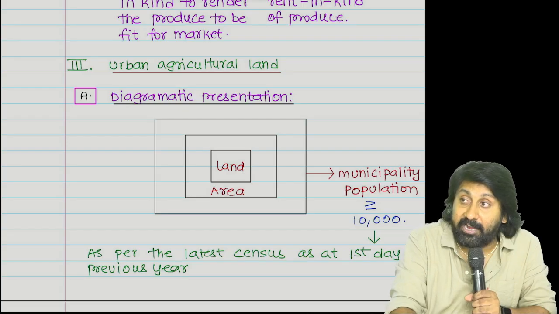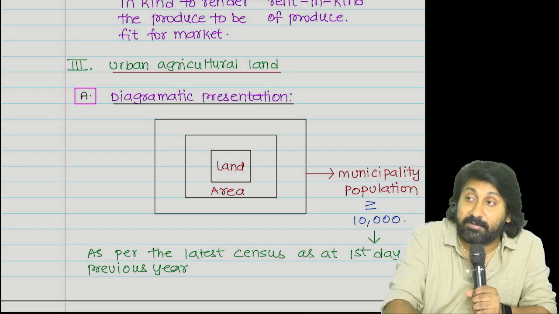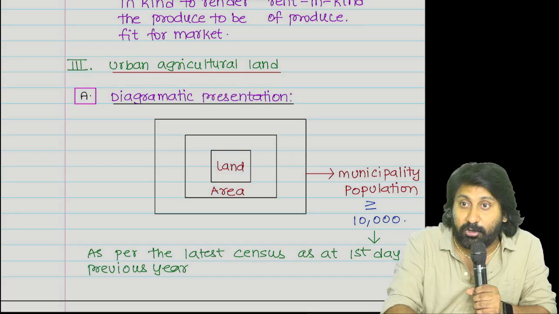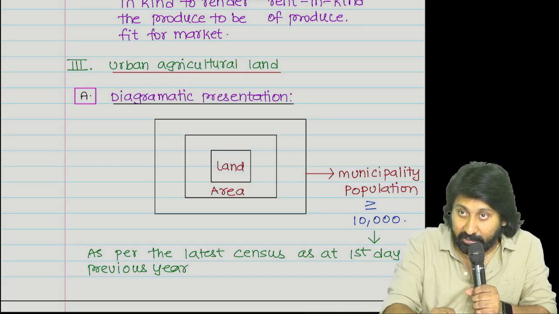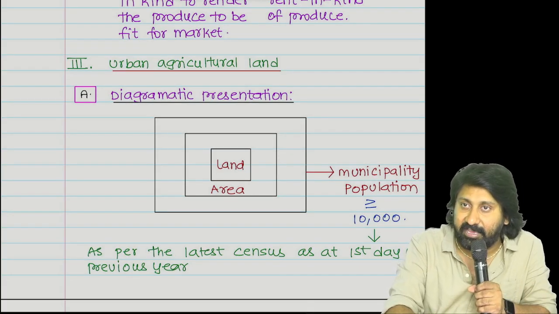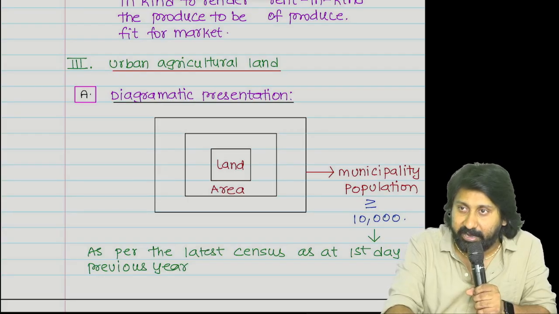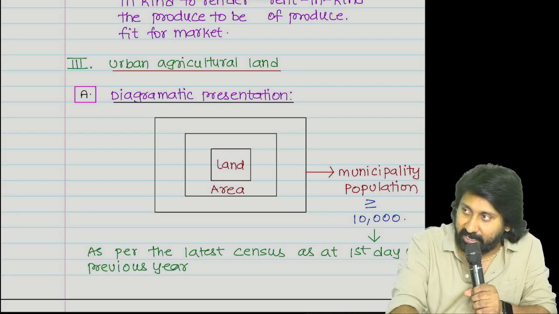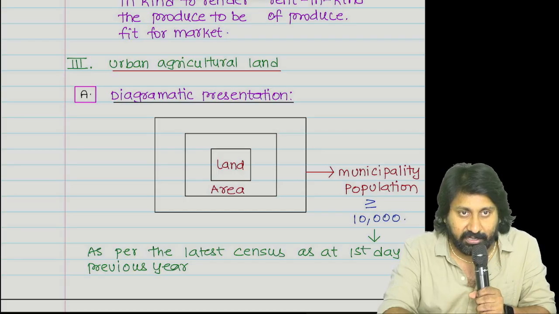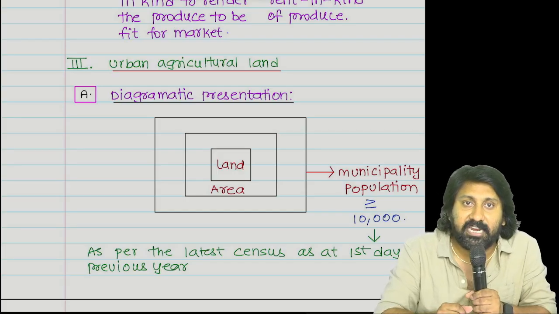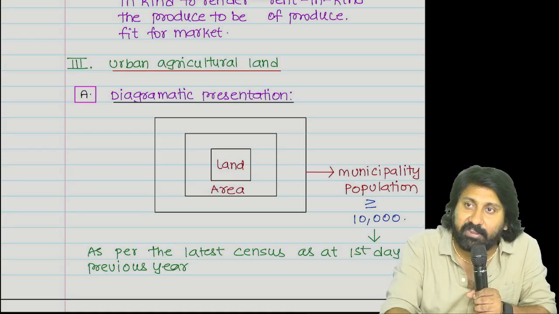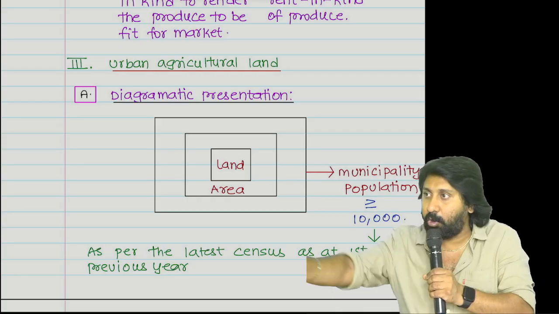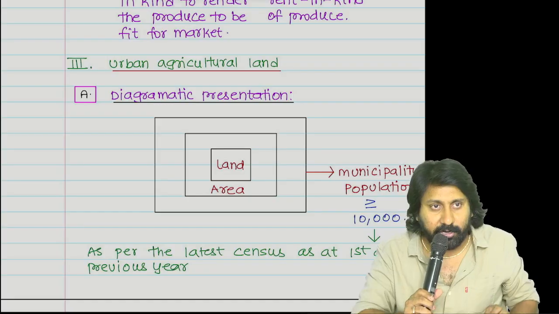Any building located in an area where the agricultural land contains a building within the immediate vicinity which has a direct connection with the agriculture and used only for the purposes of agriculture for the dwelling houses or as a storehouse or as an outbuilding, then it will be treated as which building? Urban agricultural building, though used in an agricultural land. Income derived from such an urban agricultural building out of any rent etc. will not be treated as agricultural income. Happily it will become income from house property. Go and pay tax. Understood the point or not?